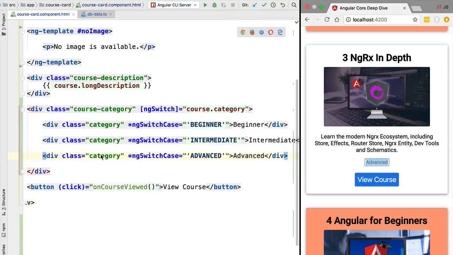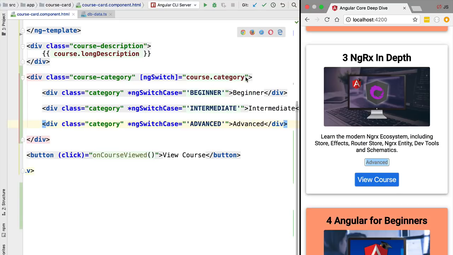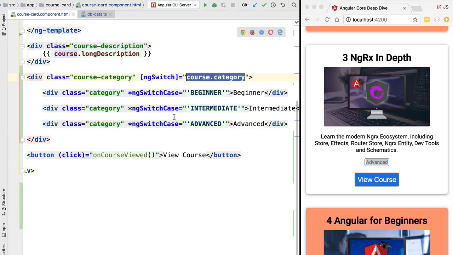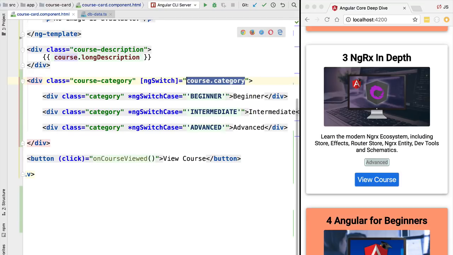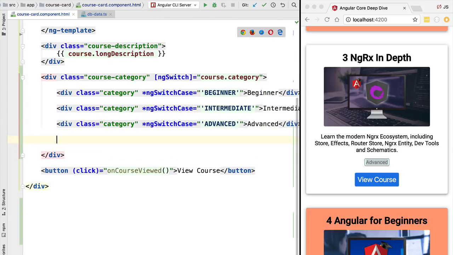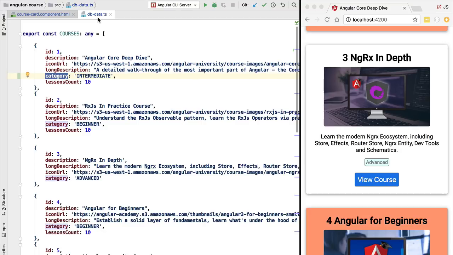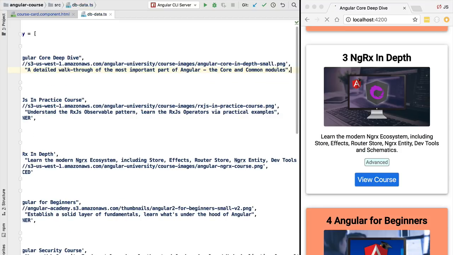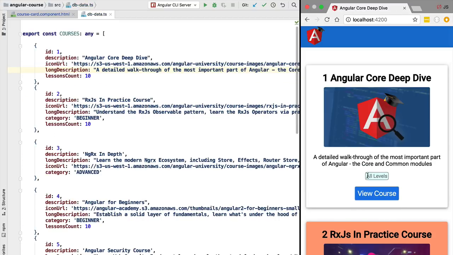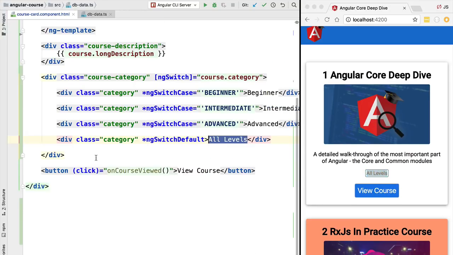Now we also want to cover the possibility when the course category expression does not match any of the known cases. In that case, we want to write the category all levels. We can do that by applying the following directive, the ng switch default structural directive. So in order to see the all levels tag, we are going to have to go here to our db data file that contains the data that we are displaying, and let's, for example, go to the first course and remove here the category property. So if we now try this out, we are going to see that indeed we have here the all levels